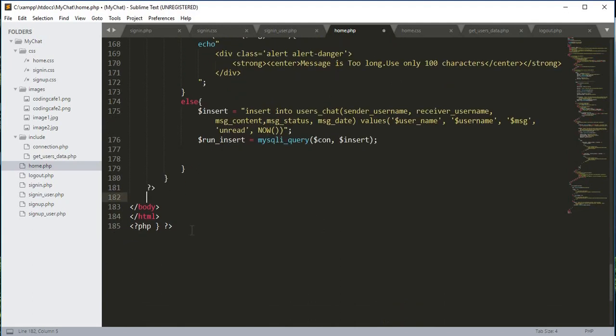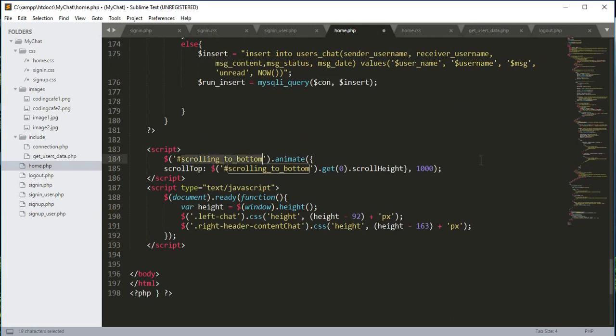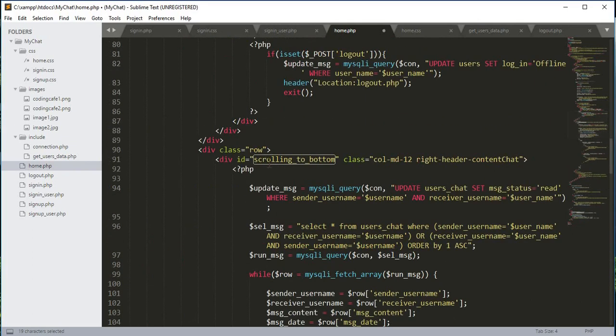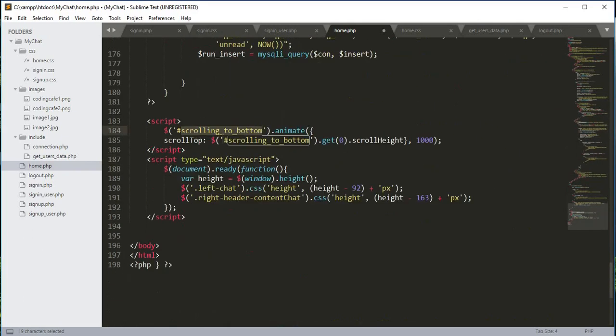So I will just create that function, and I will just pause the video, and I will then tell you what we are doing in this function. Okay, so this is our function. This is scrolling down to bottom, the ID of this div, and animated, and scrollTop, and then the ID, and the scroll height will be 1000,